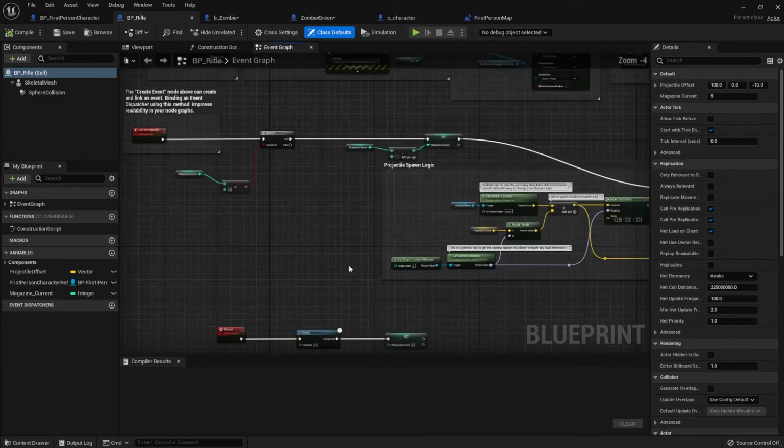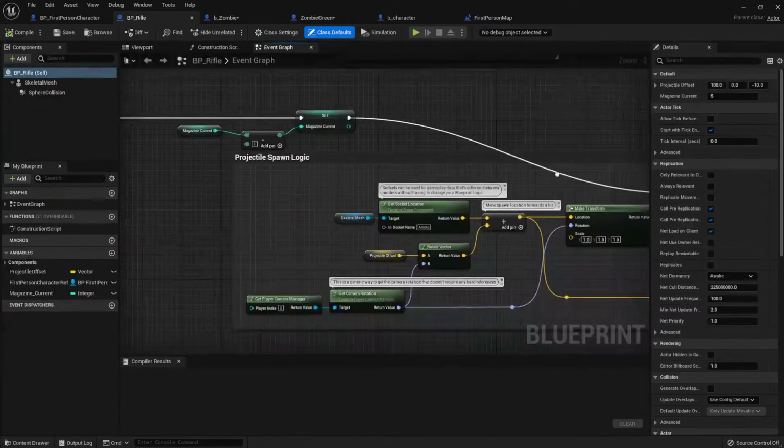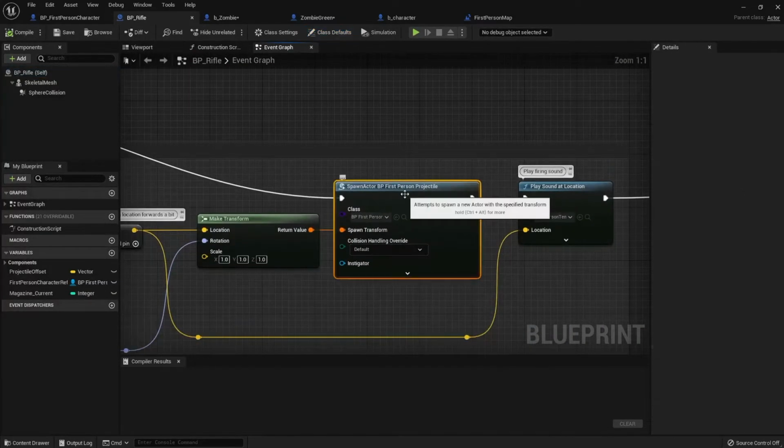What that's going to do is fire a projectile. We've worked on this before, but when we fire the projectile, we actually spawn a projectile, which is that little bullet. So with this function in mind, we are going to start